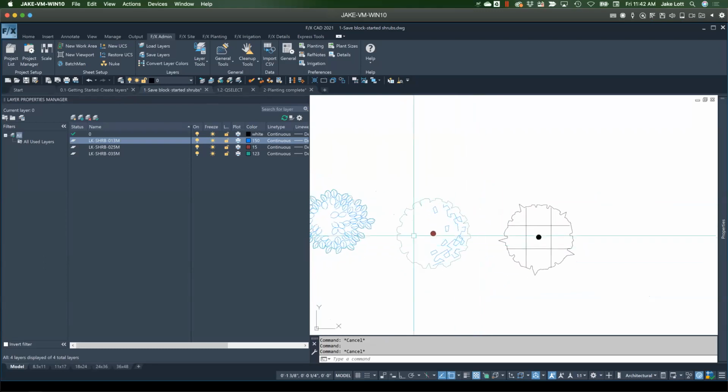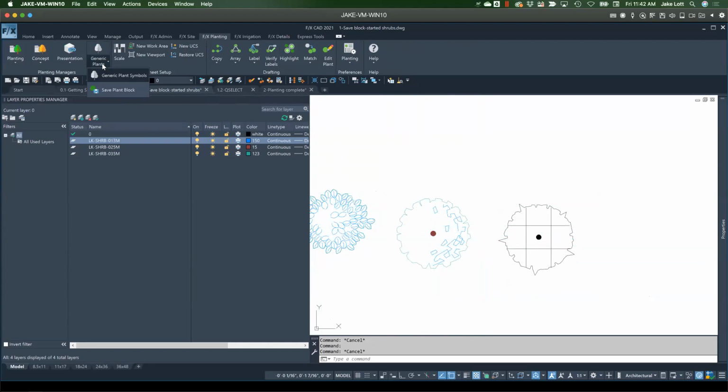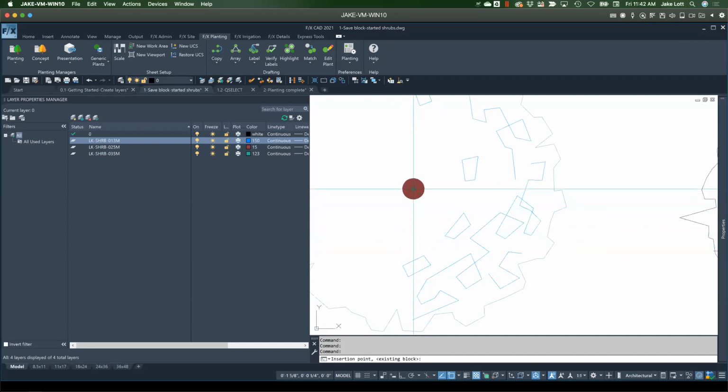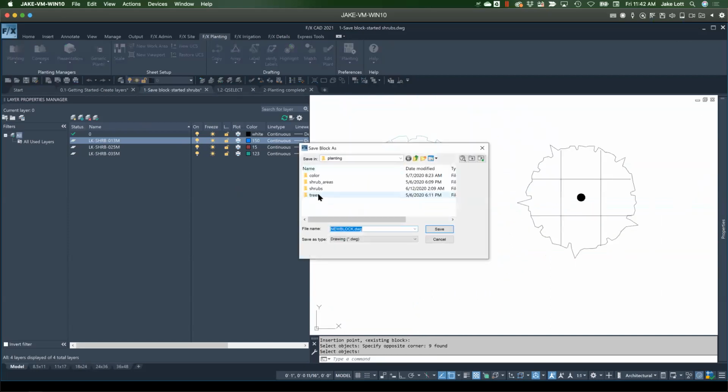Yep, cool. All right, so I made my changes to this block. I'm going to actually use our save block tool. Now, if you go into either the planting tab, under generic, there's save plant block there, or in our preferences. If we save a block, it's going to ask you for the same thing, that insertion point. So we'll pick the middle, select our objects and where we want this guy to be. So we'll go lafx dash shrub dash 01